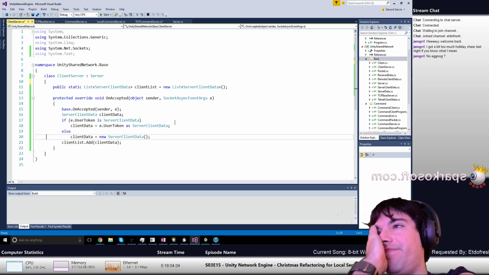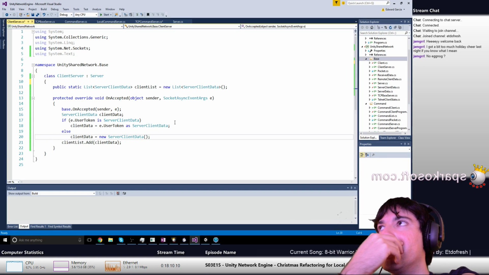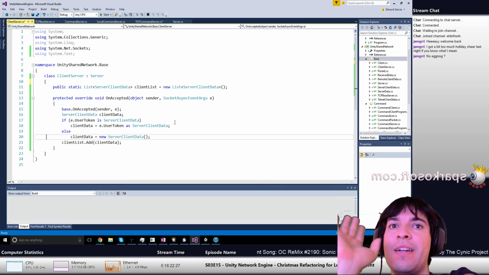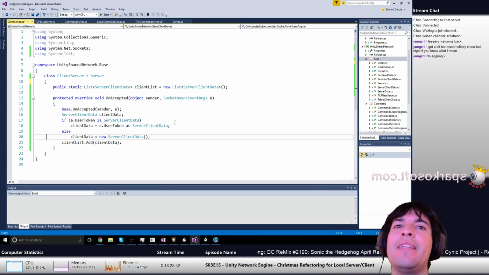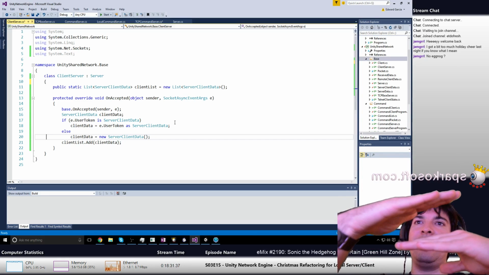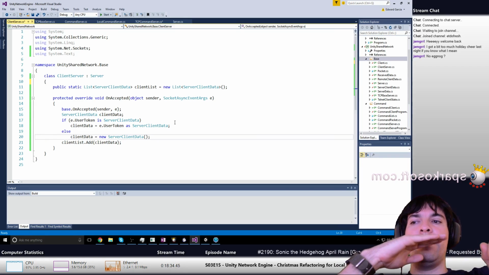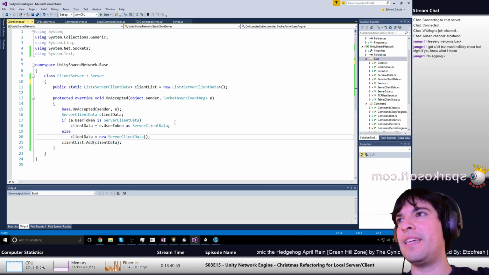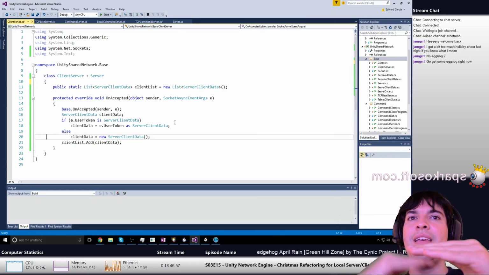Alright, so what am I doing here? How do I know? I'm trying to think of how this works, because I'm building it the other way. Before I built it server base TCP and then command TCP server. Now I'm trying to go server, just a normal client server. No, there's not necessarily a TCP connection, but a list of client data, and then